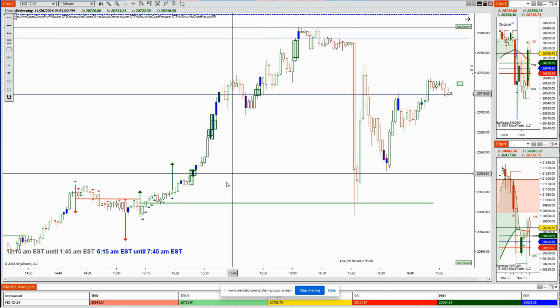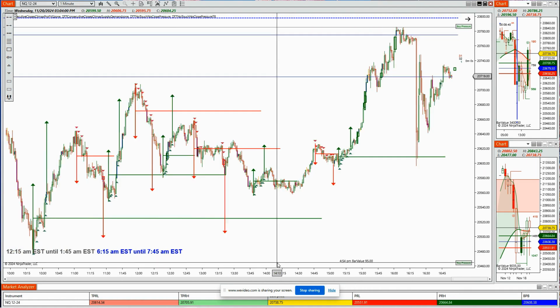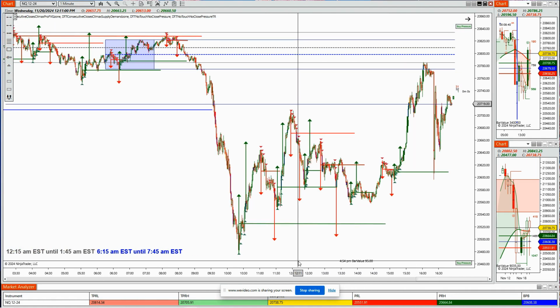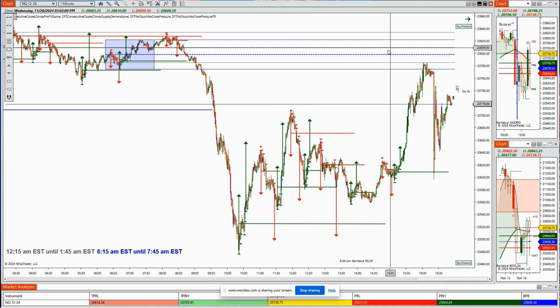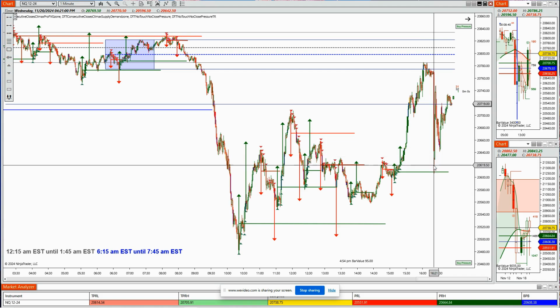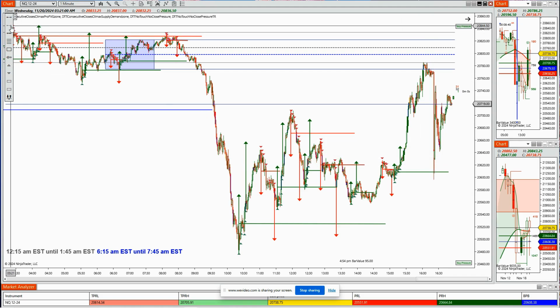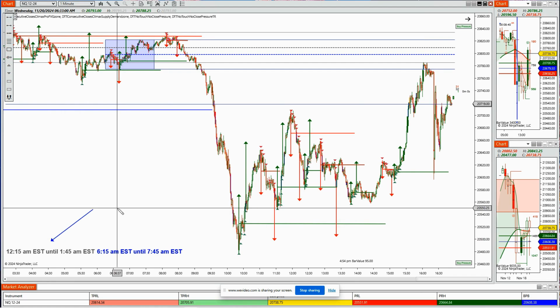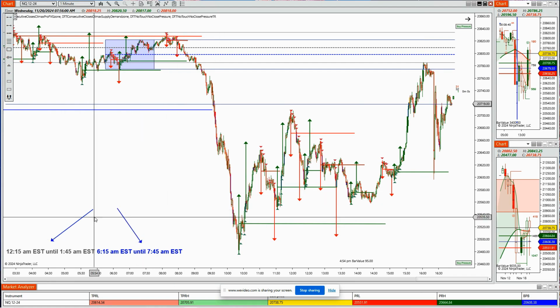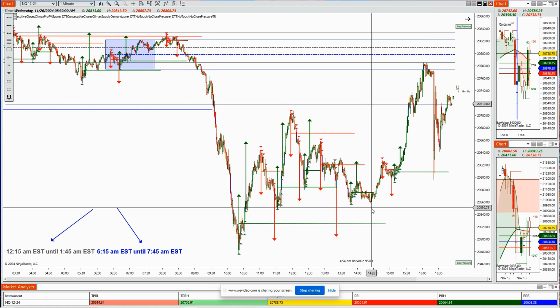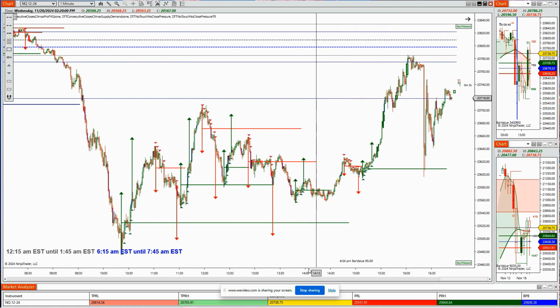Now, here's your range. They got right back to your range. There's your range. They got right back up into that area up there. And then, of course, they fell off the bottom of those ranges. So if you need the range times, here it is. Go ahead and jot that down. That should help you navigate the markets just a bit, be able to count the bars.